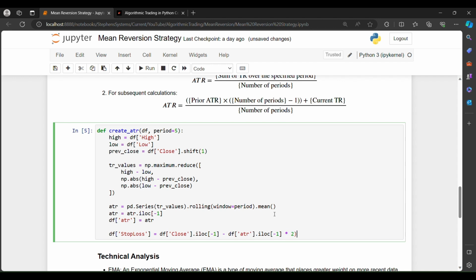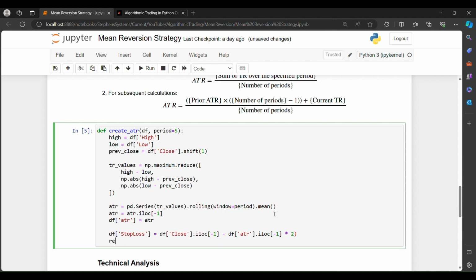I personally did 2 here to reference the ATR so that the close price is greater than this stop loss, since we're doing a minus here. And then that'll provide us a constant stop loss line. And then for the returning, I could just say return data frame, and that will be our